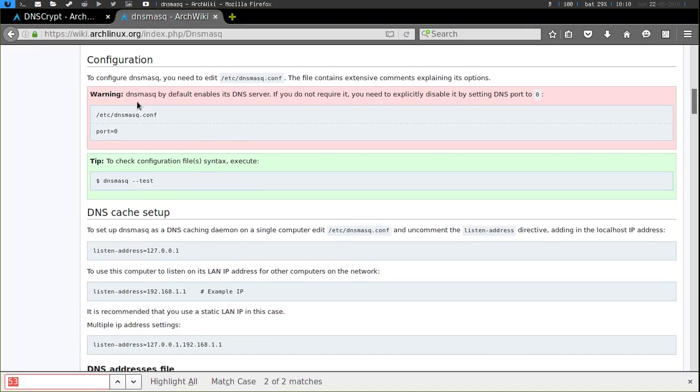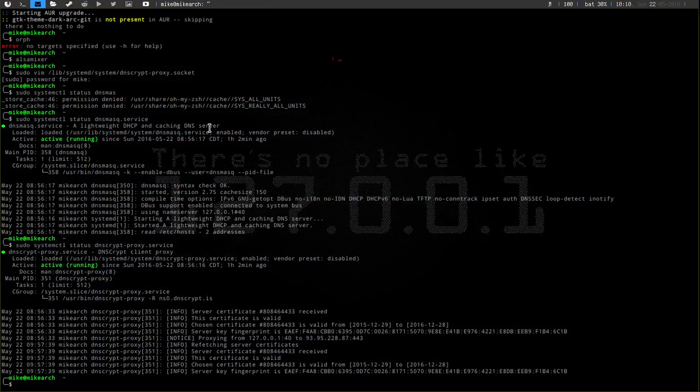So this is a warning: dnsmasq by default enables its own DNS server. So if you have your own, or you're using Google's, then you just want to say port=0. The one thing that we just need to do is go to sudo vim /etc